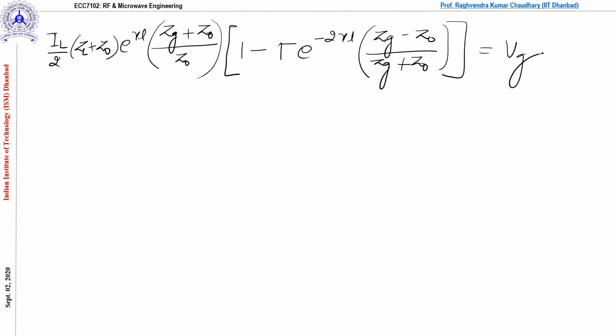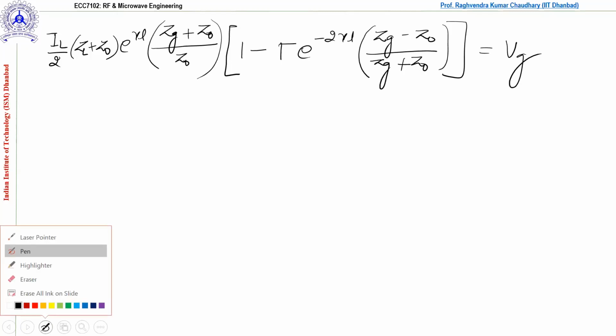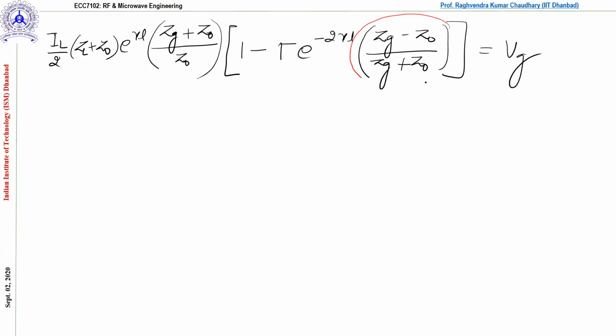Fine. So finally, because we are just solving these equations, and we are trying to make a compact form so that we can guess some of the outcomes. Now, if we do some changes here, a compact form we can write like this. If you see this particular term, it is very similar to ZL minus Z naught divided by ZL plus Z naught. In that case, we called it the reflection coefficient at the load side.